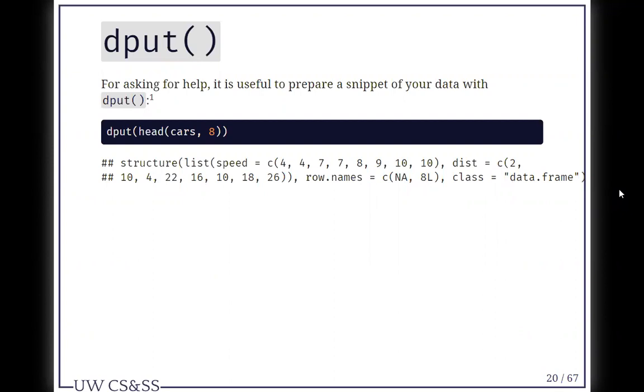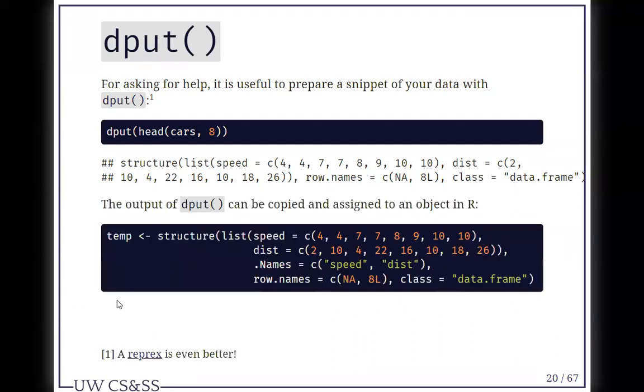Dput. For asking for help, it's useful to prepare a snippet of your data with dput. So let's see how dput works here. Let's say we say dput the first 8 rows of the cars data set. It will return this bunch of code here, which you can then copy and assign to an object in R. This is really great for,